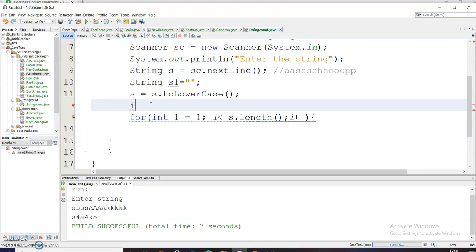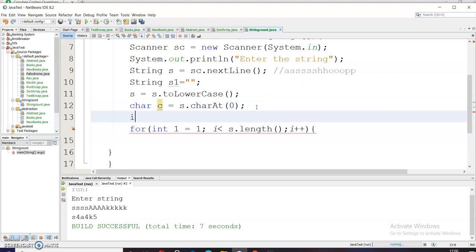I will be using, for a character array, for that character ch, not array, I will just require a character c, and what I will do is I will just take the index of this first character. So how to get the index of the first character? We will get it by s dot charAt, and index is 0. Yes, this will initialize the first character A to our character variable c.